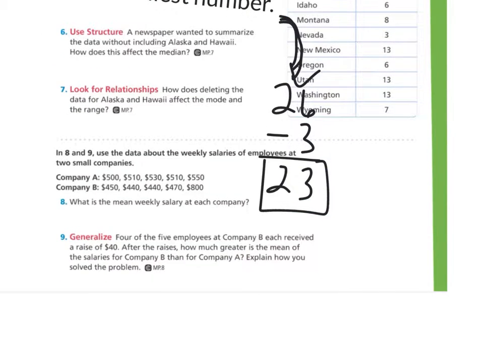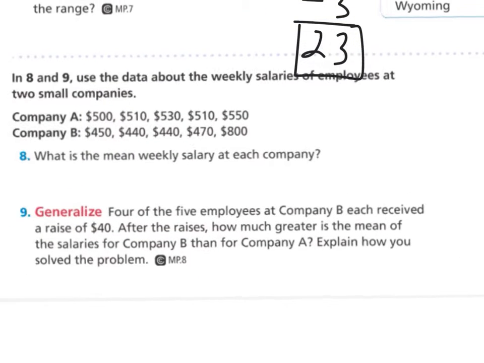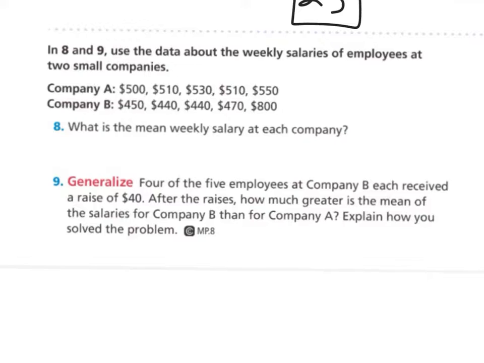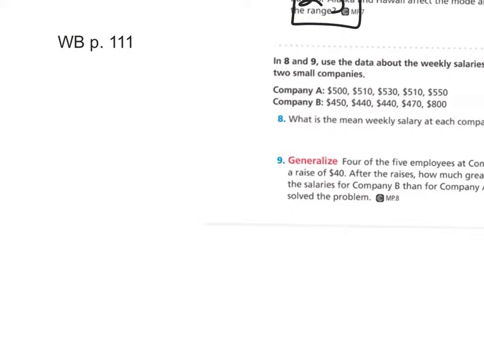We'll look at numbers 8 and 9 here. So we have some weekly salaries of employees, and for number 8, they want us to find the mean weekly salary at each company. So for number 8, for company A,